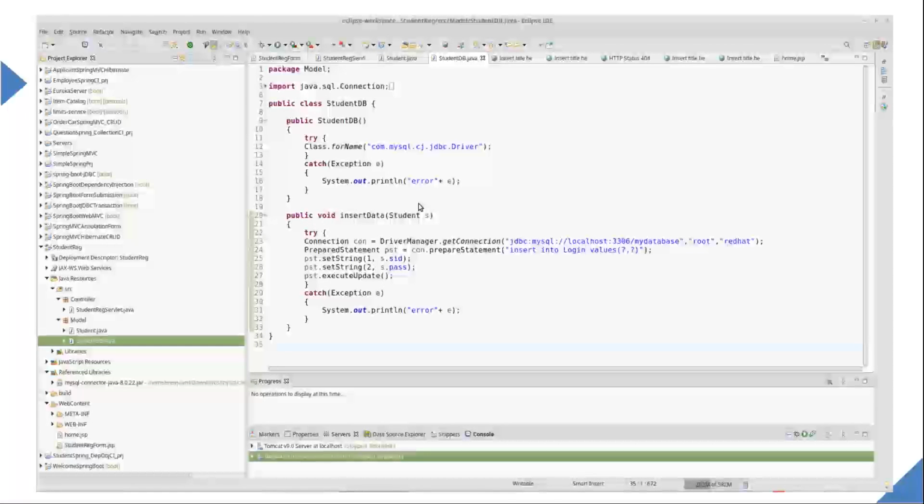Now for connectivity, the first thing you have to do is add the MySQL connector in the reference library. We have to download it from the internet and then add it to the reference libraries. Next, we go to the public class StudentDB, the public StudentDB constructor. Inside that, we have a try with Class.forName